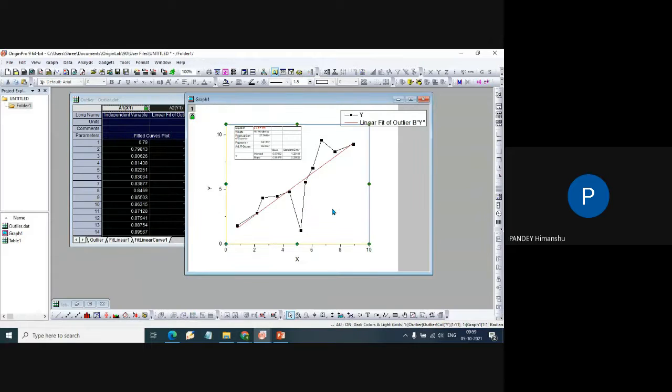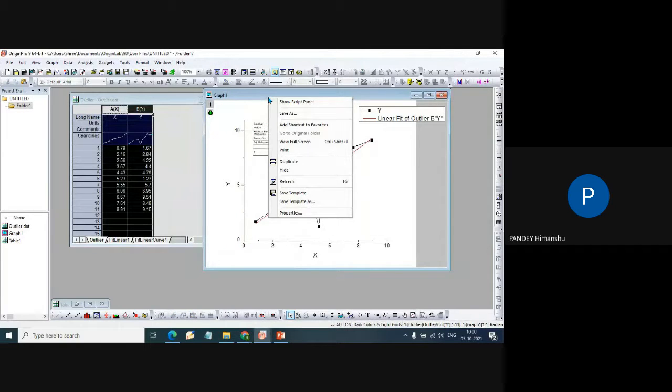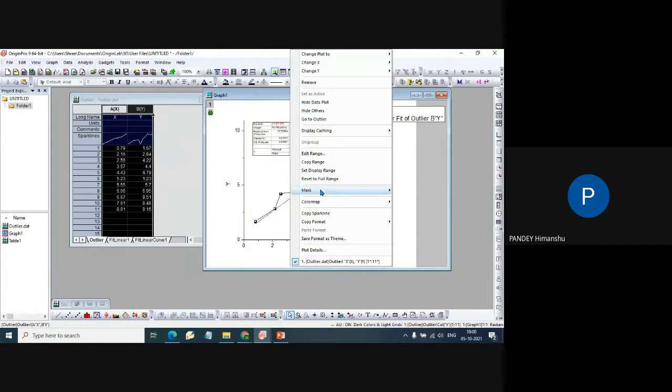Now, if I'm looking at this curve, let us say I did the experiment and I know what my range of observables would be. With that I decided, or I know, that this point and these two points are very far from my observation, and there must be something wrong in the observations. So either I can repeat the experiments, or I can discard or mask these two data points. If I want to do that, I right click on it, go to mask, disable masking, let's say,